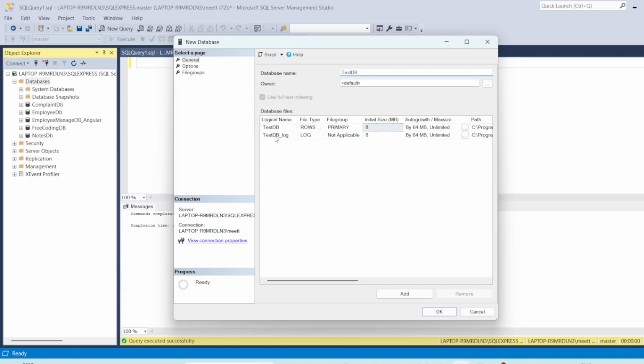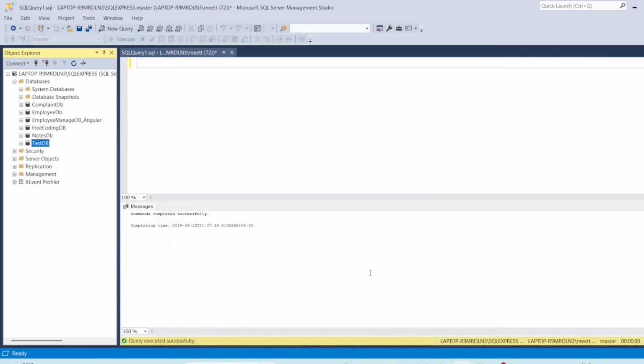So two files are there. That is one is MDF file, one is log file. We are not changing any path. Okay, then we are just click OK now. See, DB is created now. Okay, so this way we can create the DB